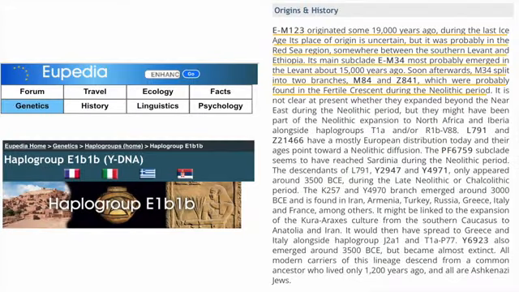According to the webpage Eupedia titled "Haplogroup E1B1B," it reads, "Origin and History, E-M123 originated some 19,000 years ago during the last Ice Age. Its place of origin is uncertain, but it was probably in the Red Sea region, somewhere between the southern Levant and Ethiopia. Its main subclade, E-M34, most probably emerged in the Levant about 15,000 years ago. Soon afterwards, M34 split into two branches, M84 and Z841, which were probably found in the Fertile Crescent during the